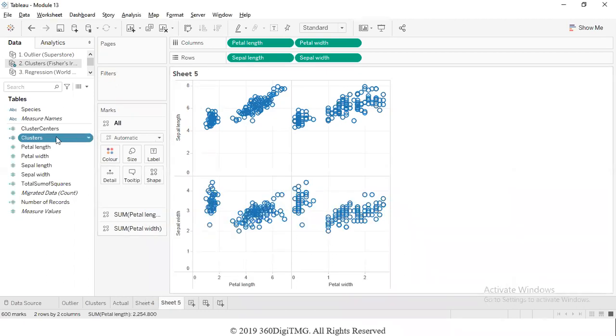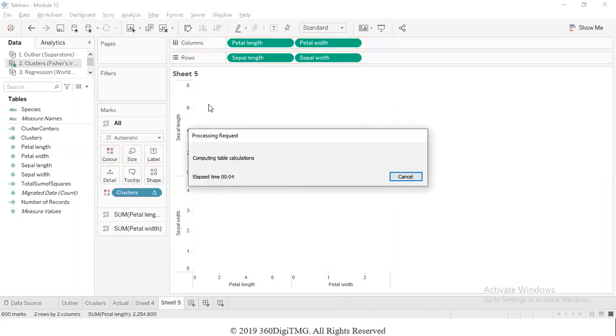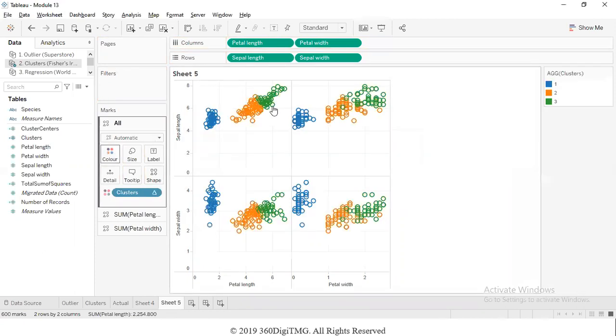Now, when this is taken to any shelf on the canvas, Tableau in the background will send this data to R. R will look at that data, apply the k-means logic, and return the clusters to us. So that is how the connectivity happens. Through calculated fields, it happens. Whatever communication has to happen, you need to write a formula for that. Calculation has to be built for that. Direct communication doesn't happen.